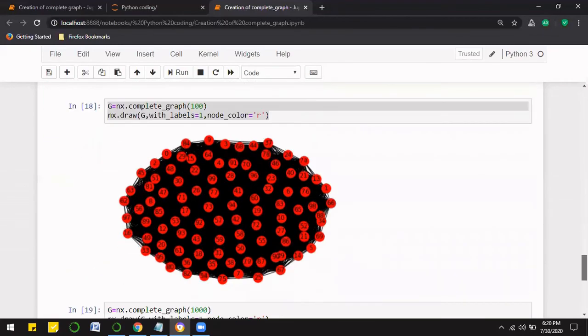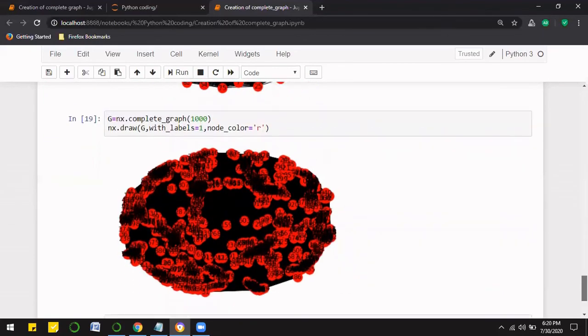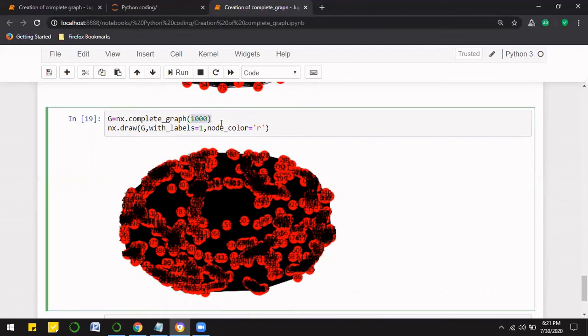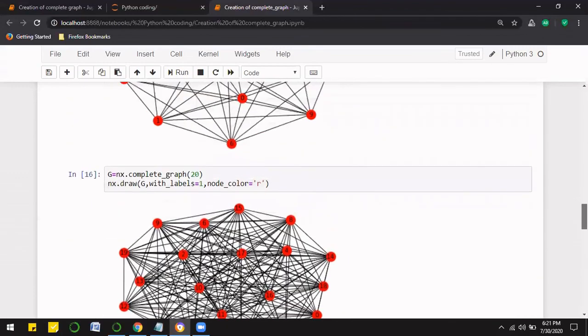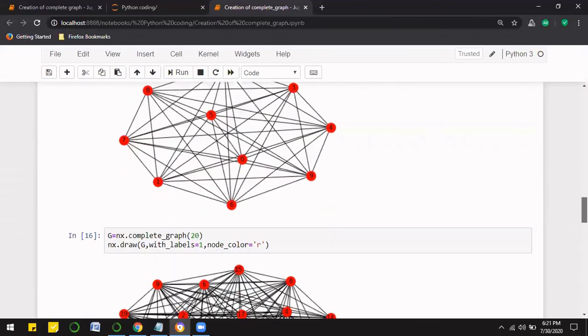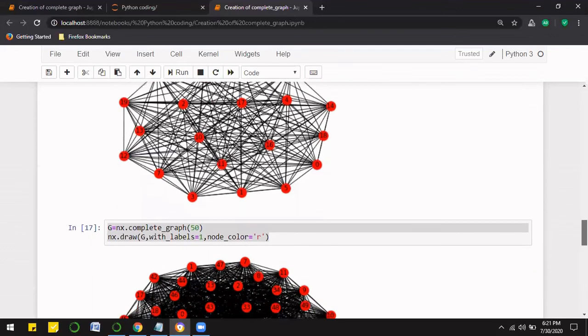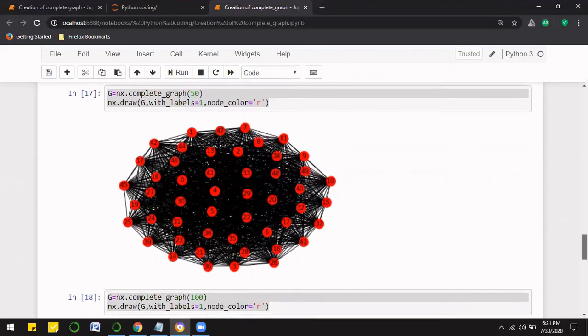Let's see if it has been processed or not. Yeah, it got processed. Now see the complete graph for 1000 nodes. So it's really a good feeling to see how a dense network looks. But in real life, it's not about 1000; it is about millions and billions. And there, it is going to take a lot of time, and for that, we really need high processing computers, right? So this tutorial was all about plotting a complete graph, but my concern was to actually make you understand the density of the graph.